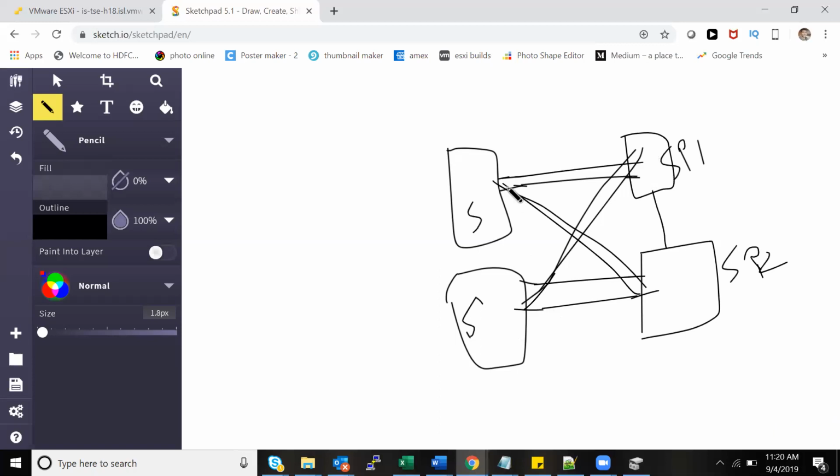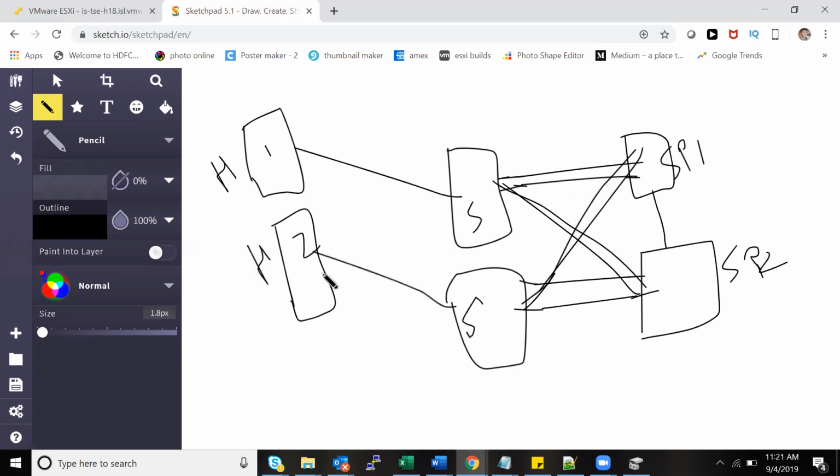Correct. Now I'm talking about the host. How many hosts do you have? Three hosts, or two hosts? Okay, you have two hosts, and they're connected the same way to the switch directly and crosswise. Now I create one LUN in SP1. Okay, you created one LUN, LUN 1 is here, and one in SP2.